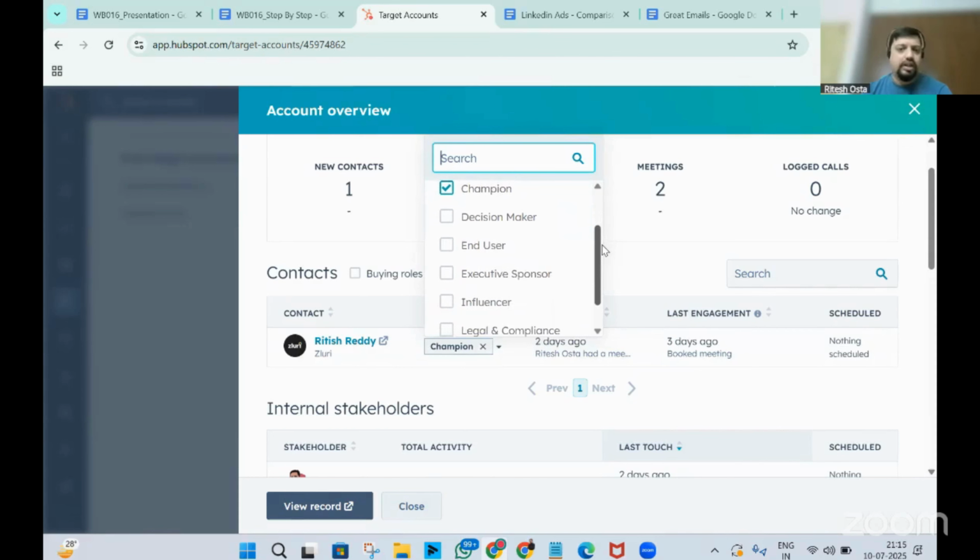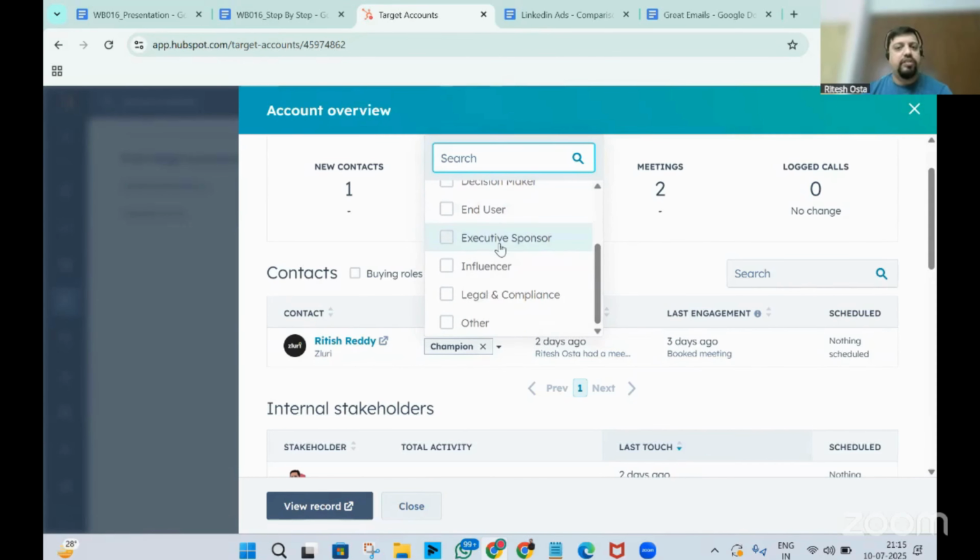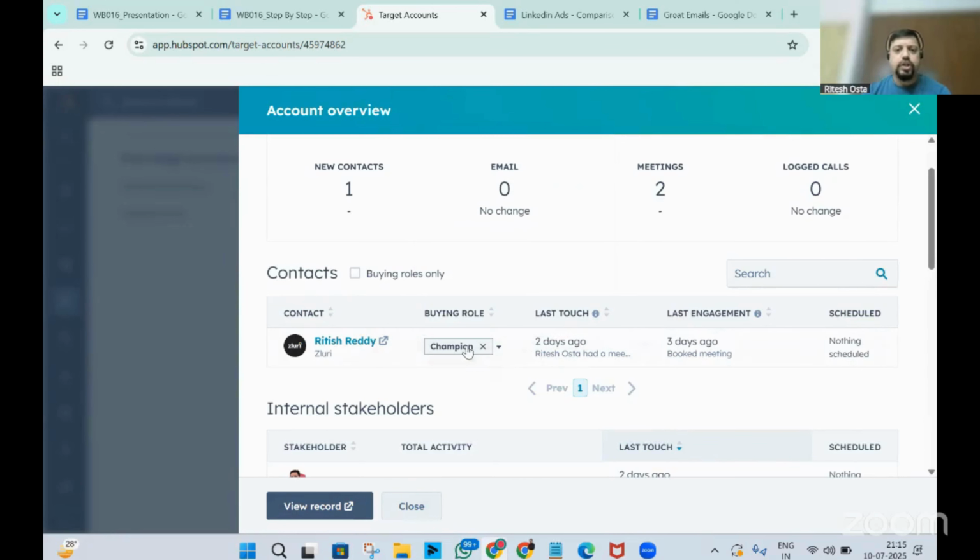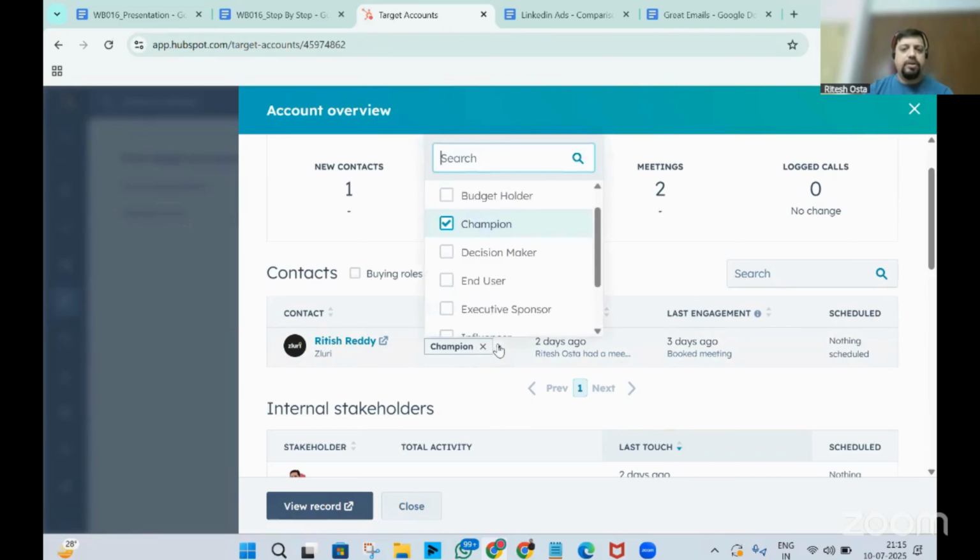So I have assigned this person working for this particular contact as champion. I can also mark it as budget holder, the one who's controlling the budget, or the blocker, or the decision maker, or the end users. So there are multiple different categories here: influencers, legal and compliance, and others. Okay, so I've already identified him as a champion, somebody who's like a